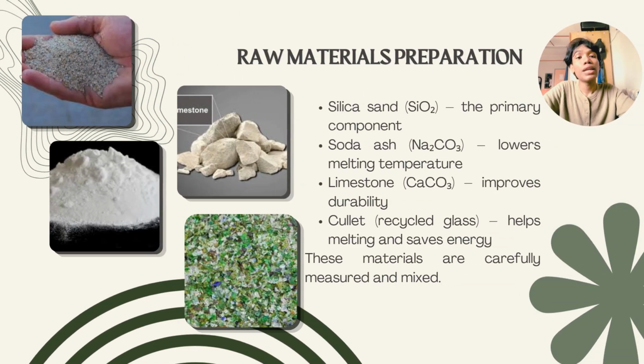So I will explain the raw material preparation stage. There are 4 main materials used to make glass. First is silica sand, which is the main ingredient. Second is soda ash, which helps to lower the melting temperature and makes the process easier. Third is limestone, which makes the glass stronger and more durable. Lastly, colored or recycled glass is added to save energy and reduce waste. Before the melting process starts, all these materials are carefully measured and mixed together to make sure the glass has a good